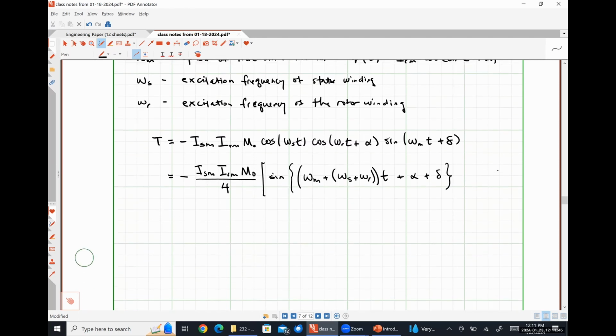And then to that, we're going to add the sine of omega M minus omega S plus omega R minus alpha plus delta